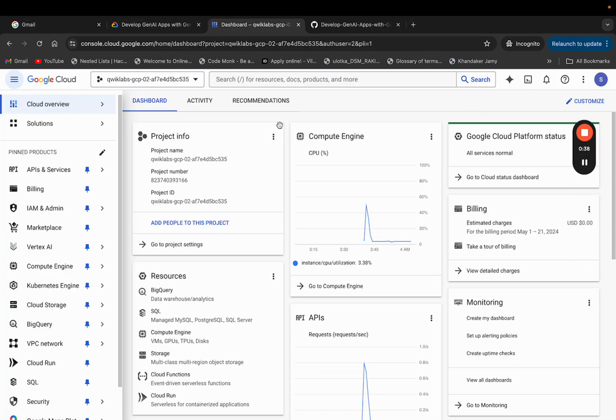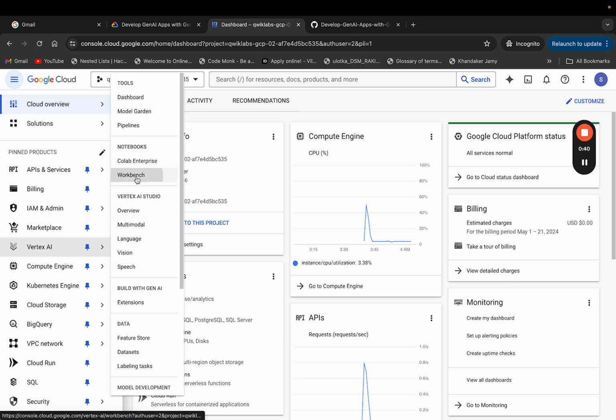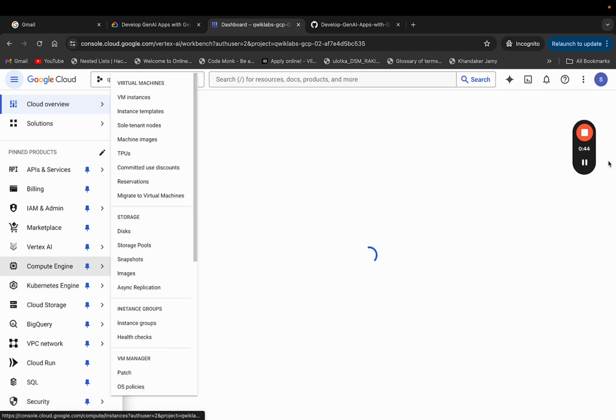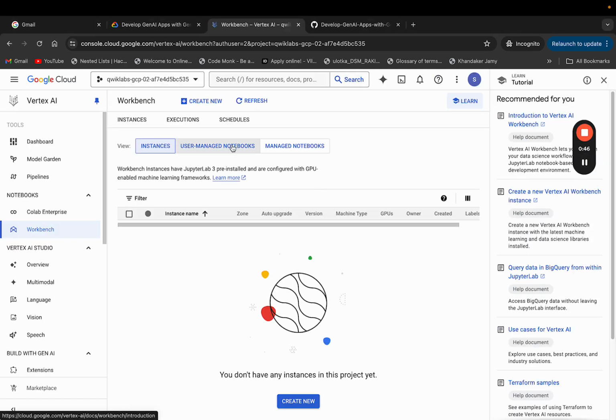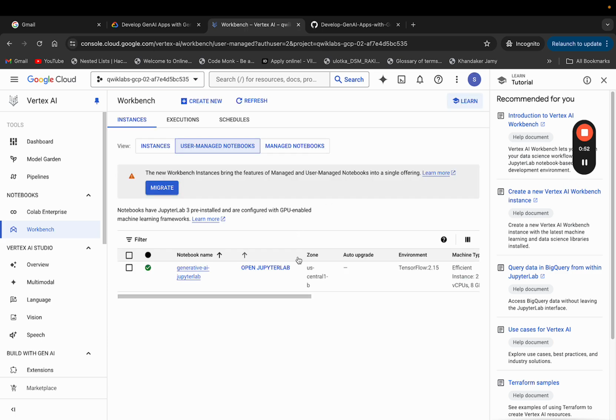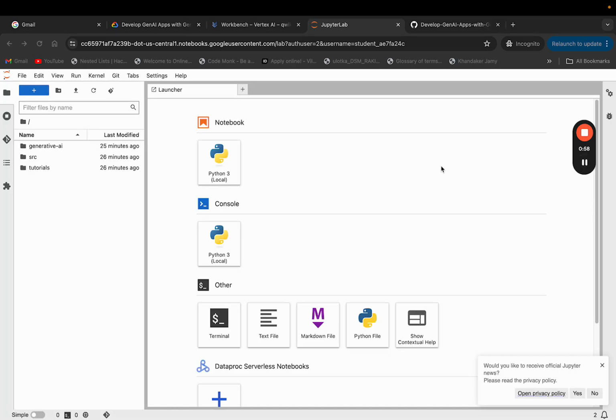Okay, so now that I'm logged in, I'm going to go to Vertex AI Workbench, and then we'll just wait for this to load. Go to user managed notebooks, wait for it to load again, click open JupyterLab. We'll have to wait for this to open. It takes some time, do not worry. Alright, now when it loads up for you, click the terminal,